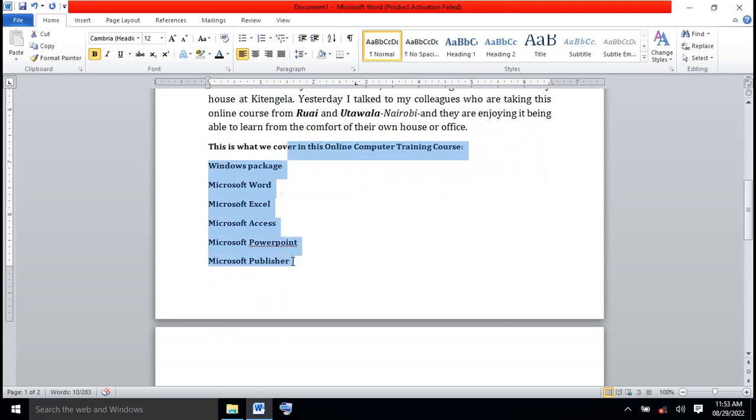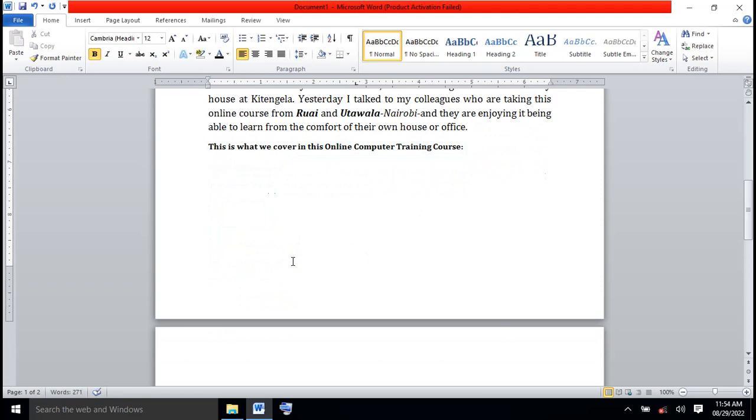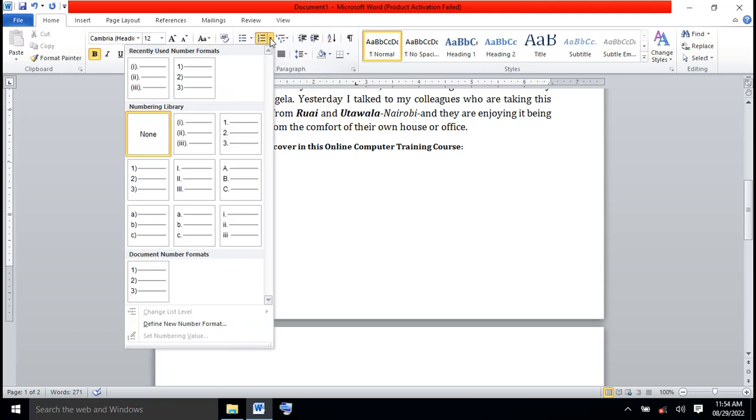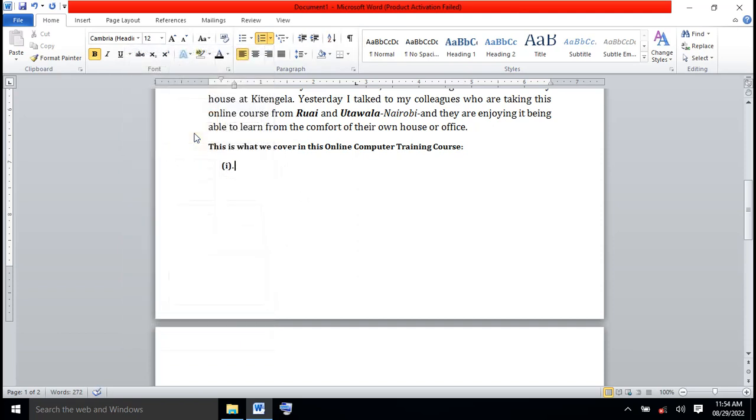And now we can create a new numbering. All right, to create a new numbering, all I need to do is delete them and I go back to numbering. I want a different set of numbering. Let's say I want this. Okay, just click there and then just start typing. We have Windows package, which we covered. We have Microsoft,